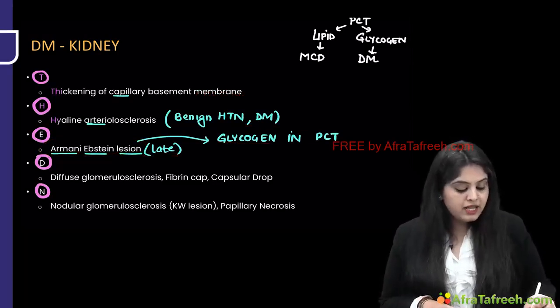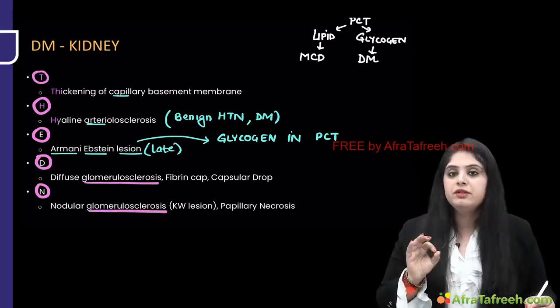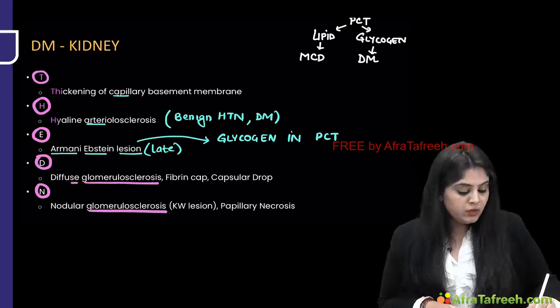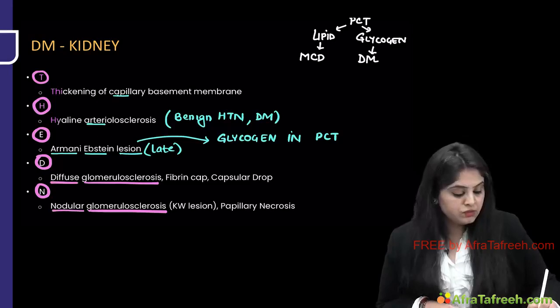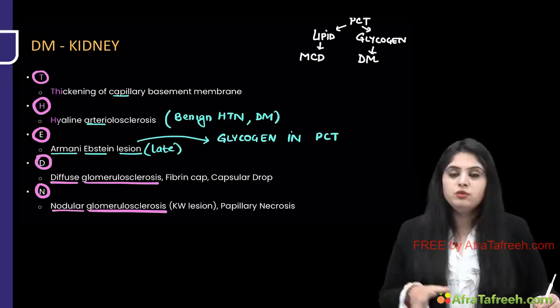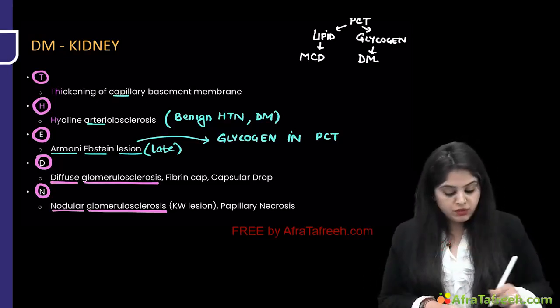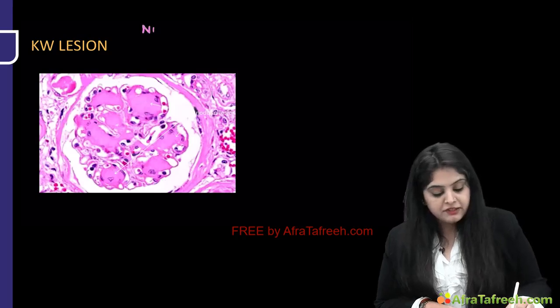What next? We have glomerulosclerosis happening. I've already taught you the meaning of glomerulosclerosis. So D and N: one is diffuse glomerulosclerosis, one is nodular glomerulosclerosis. Let me first explain that. Diffuse means everywhere. What is this nodular? Have a look at this. This is what you call NGS, nodular